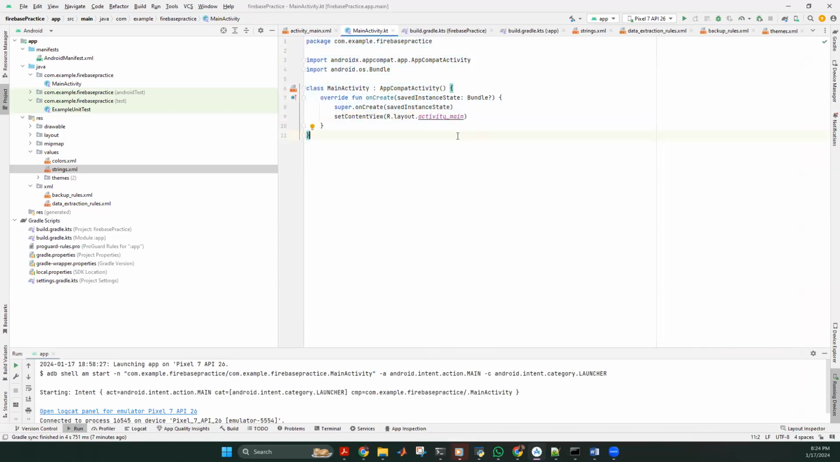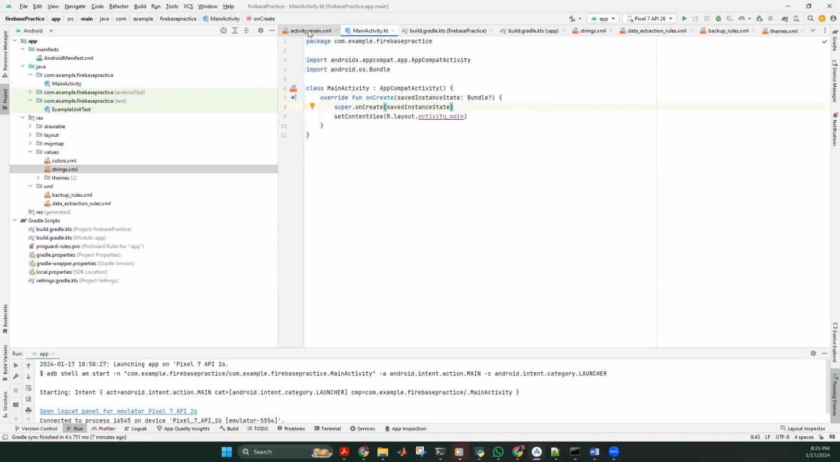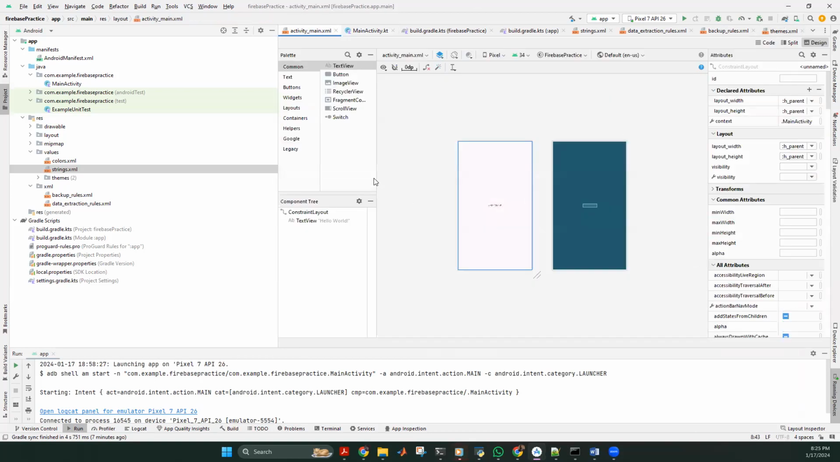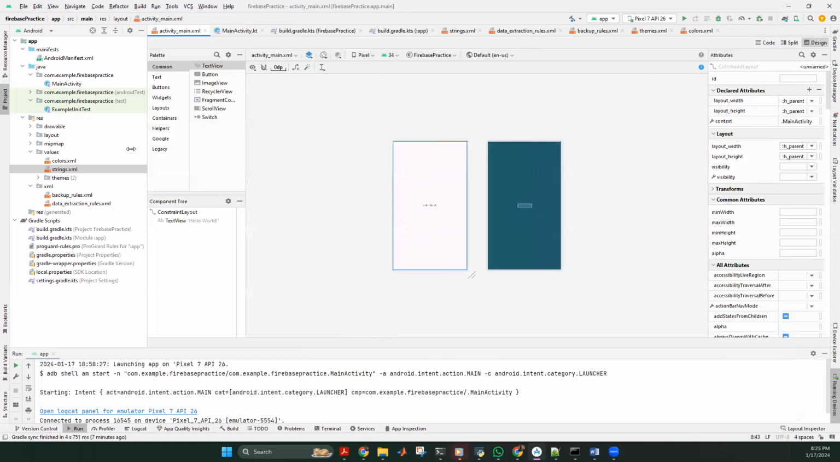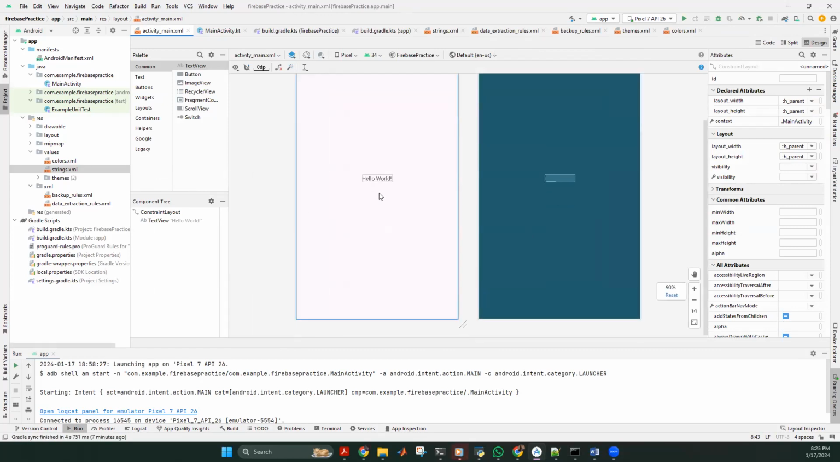So in the next steps, we will be enabling the Google sign-in option using the layout files and the Kotlin files. So we'll be updating the layout of the application such that it includes a Google sign-in option. The Google sign-in option can be enabled by adding a button in the interface and adding Google sign-in,